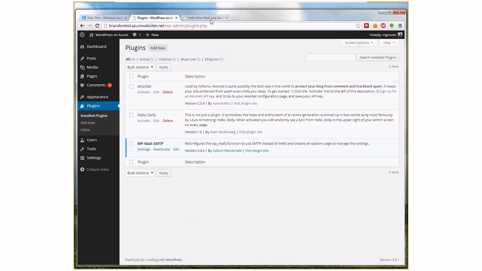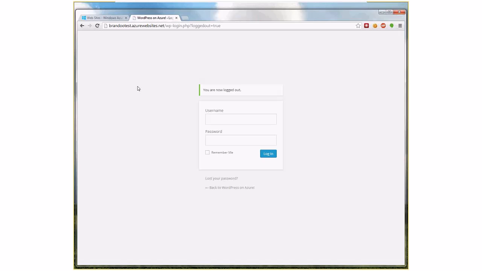So let me go back, just as an example, to this sign-in screen again. This is a screen that a lot of hackers will be looking at on your site. Even if you don't think your site's very popular, they'll still find it, and they will try to break into it and put spam on there. So let's look at this. This is the default WordPress login page. Let me try a bogus username like Mark Greenway, and a bogus password. And if I click login,